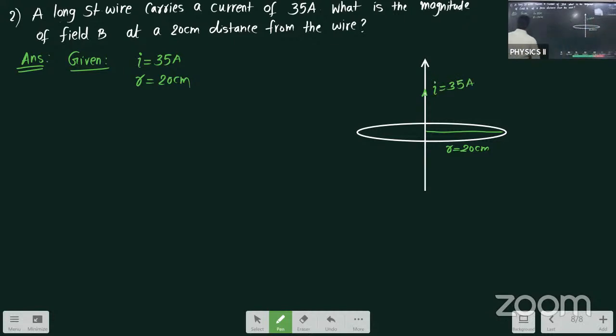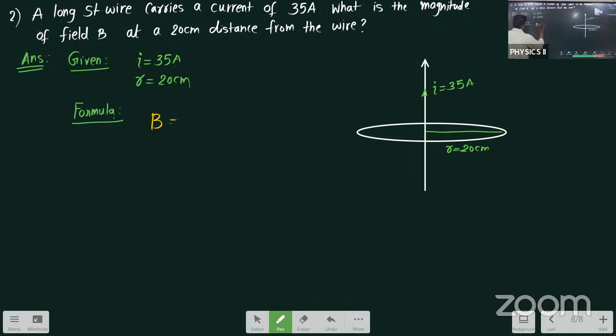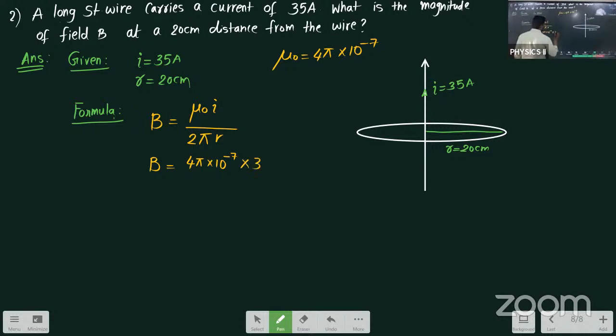So what is the formula we are supposed to use? The formula will become B is equal to mu naught I divided by 2 pi r. If I substitute the values, B is equal to, what is the value of mu naught? Just now we discussed mu naught is equal to 4 pi into 10 power minus 7. So this will become 4 pi into 10 power minus 7 into 35 amperes of current flowing,